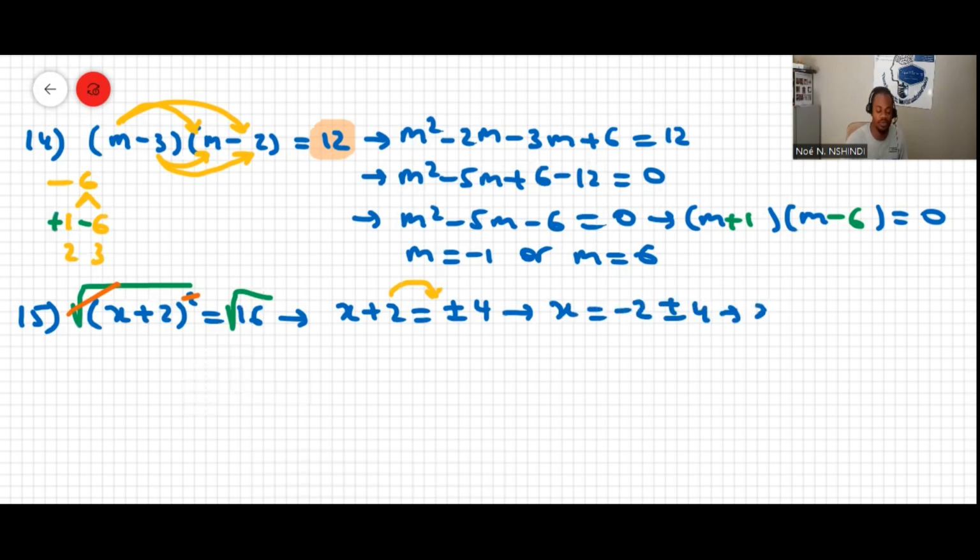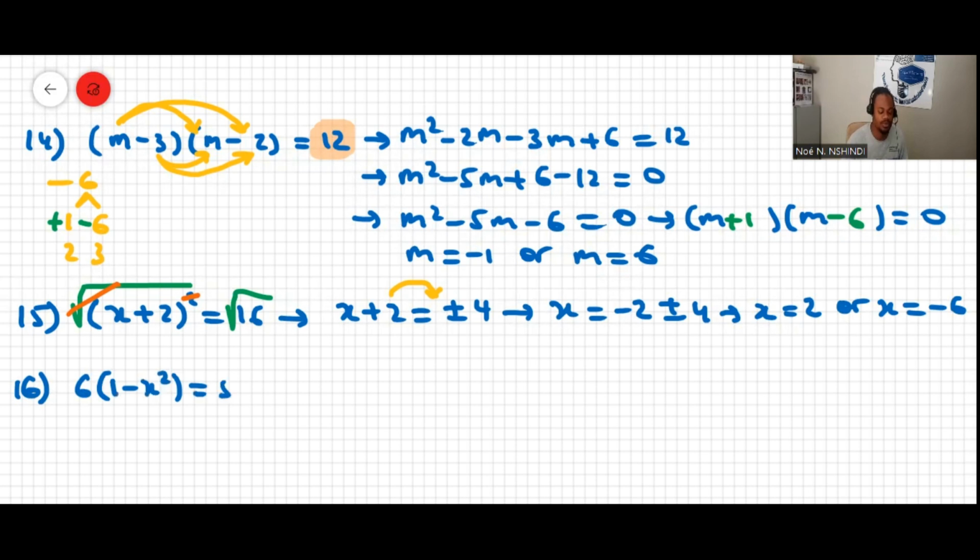So there are two solutions here. One with the positive, -2 plus 4, which is 2. One with the negative, -2 minus 4, which is equal to -6. That was question 15. And question 16 is 6, open bracket 1 minus x squared